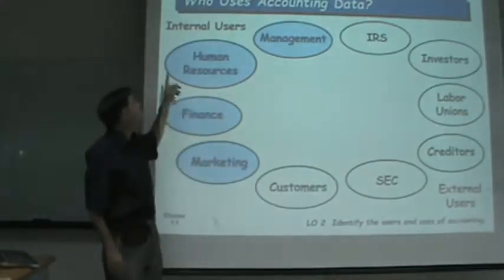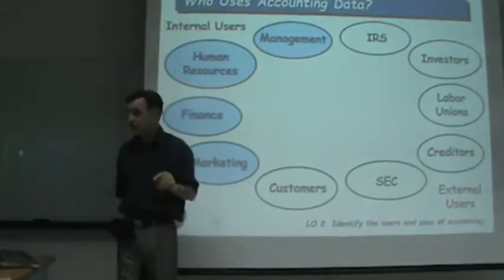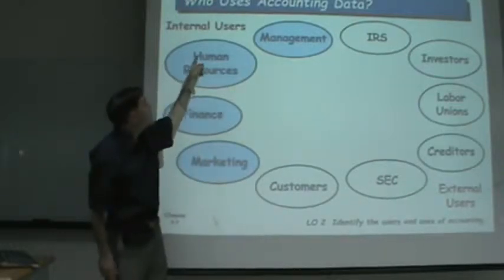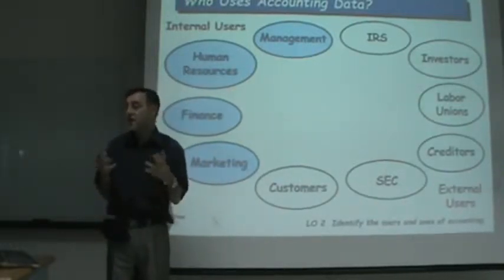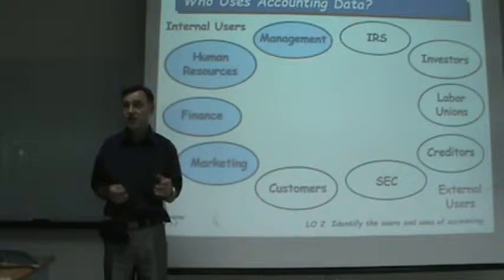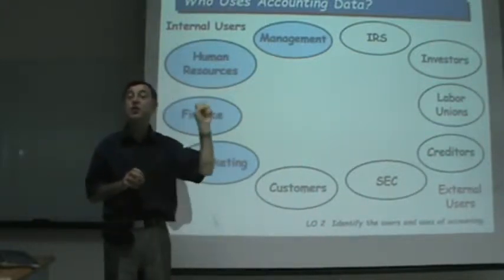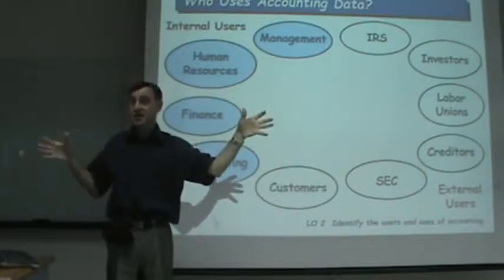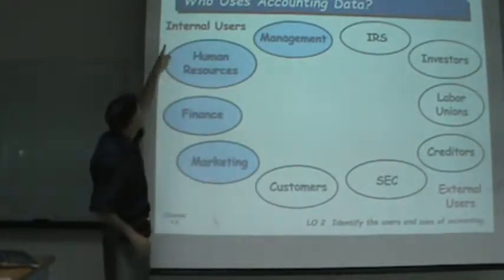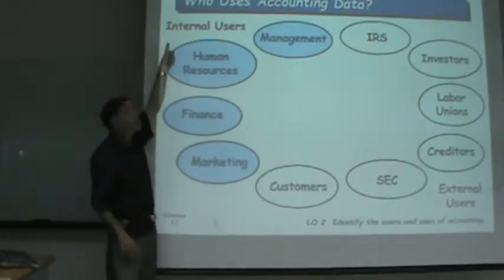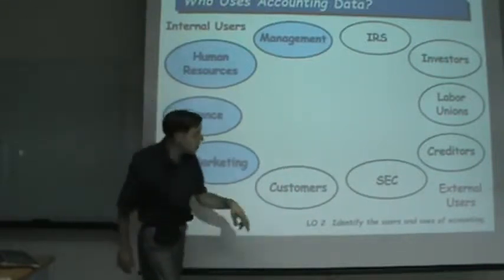Now we get to the users. So who uses accounting data? These are the users. And as I already explained, the users we divide into internal and external. And here in the red are the internal users. And here it is